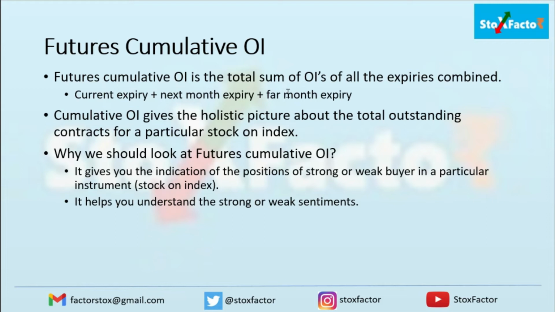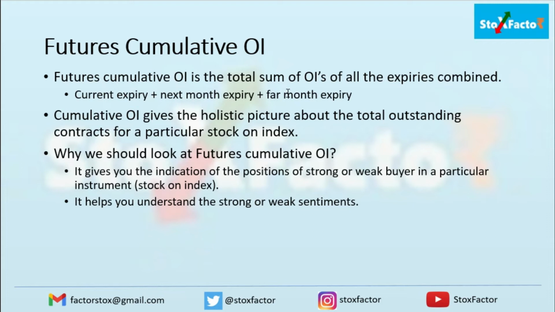People will start buying the next month contracts directly. If somebody wants to purchase a futures contract for a particular stock, instead of buying the current expiry, because the expiry is coming near, they will prefer buying positions in the next expiry. So you will start finding liquidity in the next month's expiry also.